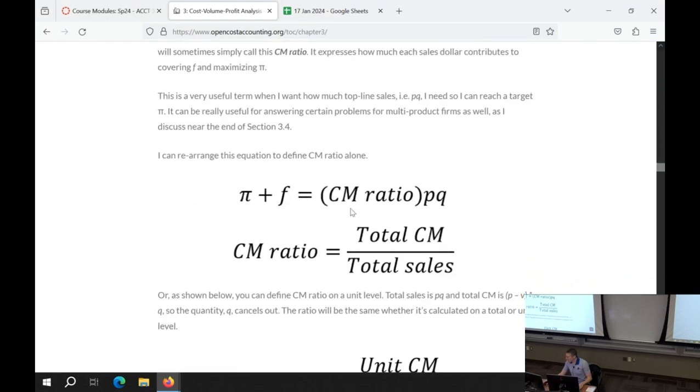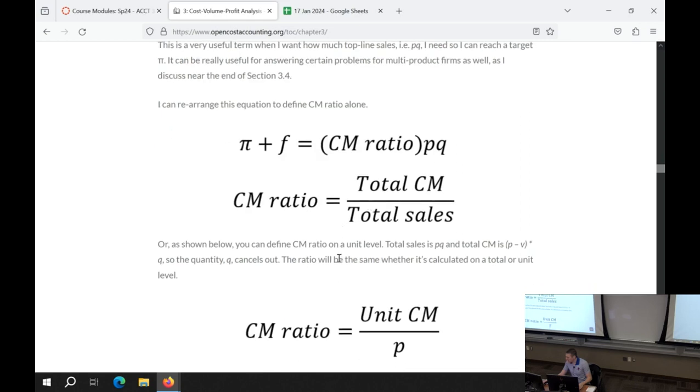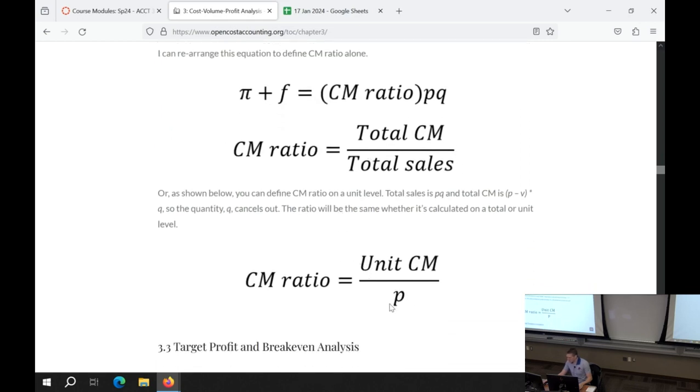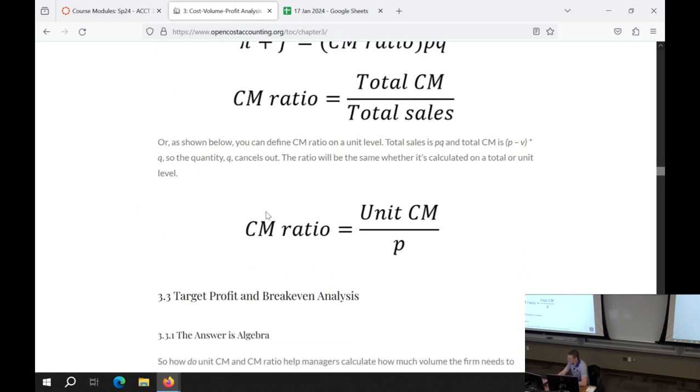CM ratio is, if it doesn't come naturally to you, like it didn't come naturally to me, you can think of it a lot like, well, per dollar of sales, what percentage of that dollar is coming through? What fraction of that dollar? So CM ratio will be below 1, unless somehow you have negative variable costs. It has to be at or below 1. So how many dollars come through to contribute to our company to pay fixed costs and then earn a profit so we can expand and grow per dollar of sales? So that helps you rationalize what this kind of term means.